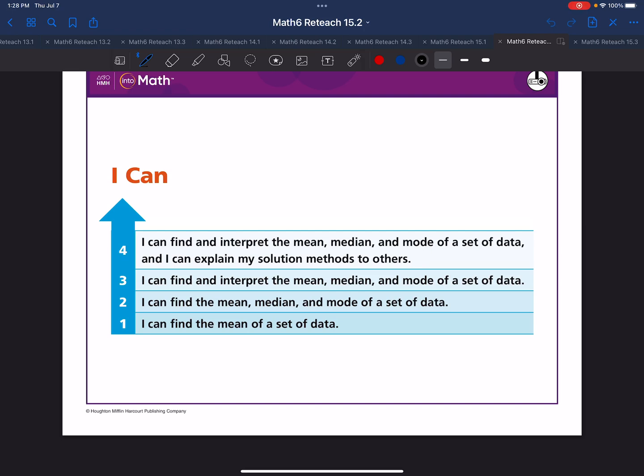Today we will review 6th grade math lesson 15.2. This lesson will cover how to find the measures of center. Here's your I can statement. I can find and interpret mean, median, and mode of a set of data, and I can explain my solution